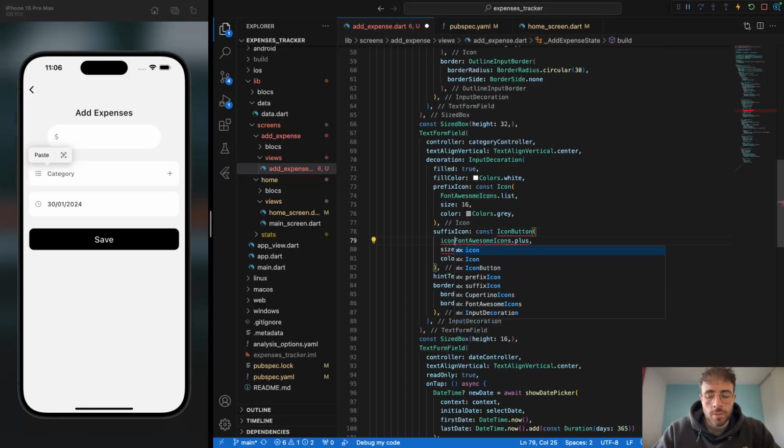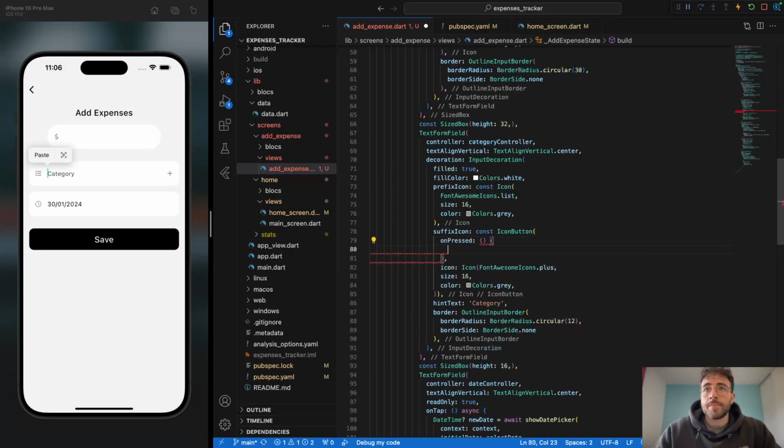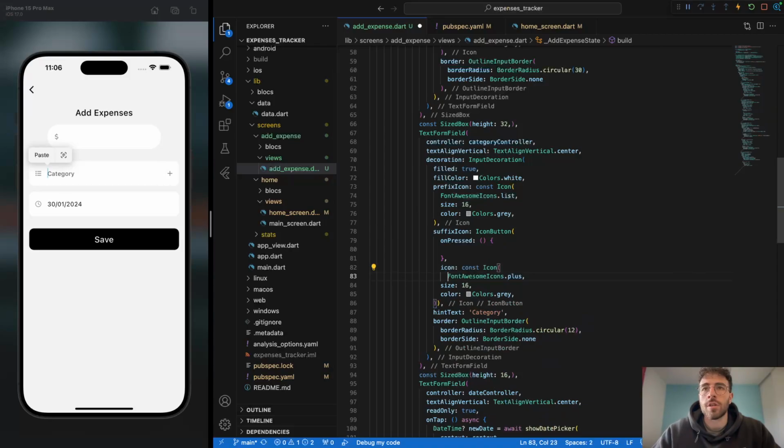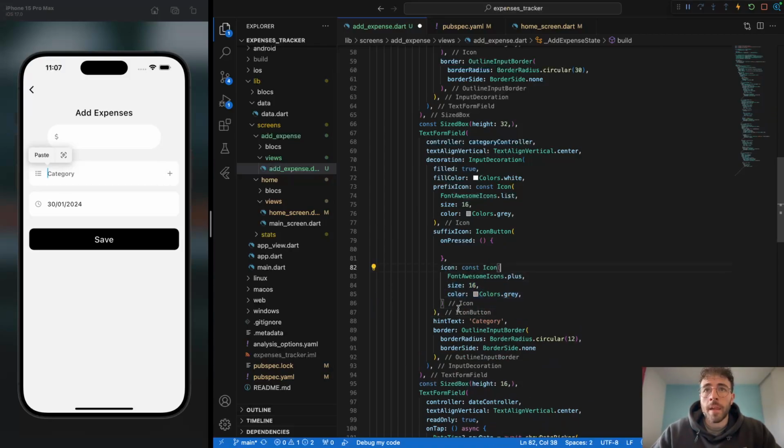So you would have an icon parameter, and then you'd have an icon widget. And you need the onPressed method, and that's not constant. If you save that, you can see now that's a button. So that's the straightforward way to do that, so we're just going to roll with it. Good. So this plus button is specifically designed for you to be able to create a new category